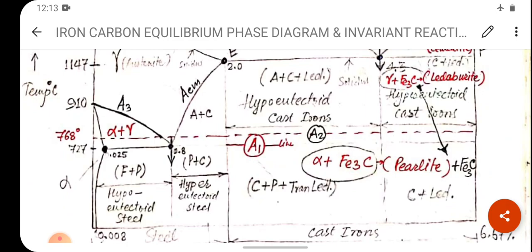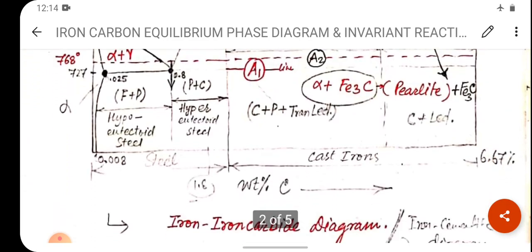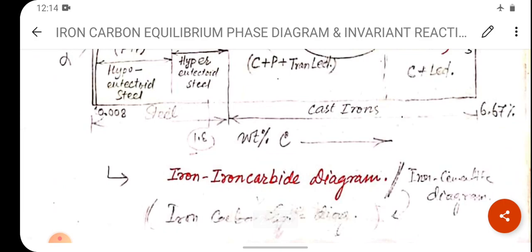In the modified iron carbon diagram, 1.8% carbon is known as steel, and greater than 1.8% is known as cast iron. So this is the old diagram. Now there are modifications, or research is going on. So generally, when 1.7% to 1.8% carbon is present, this is known as steel. Clear? Now this is known as the iron carbon diagram, iron diagram, iron cementite diagram, and iron carbon equilibrium diagram.